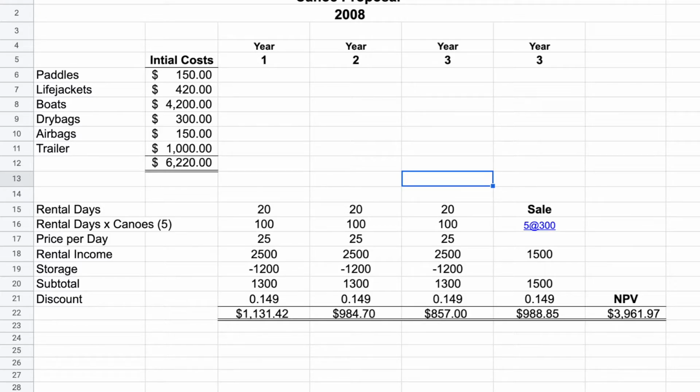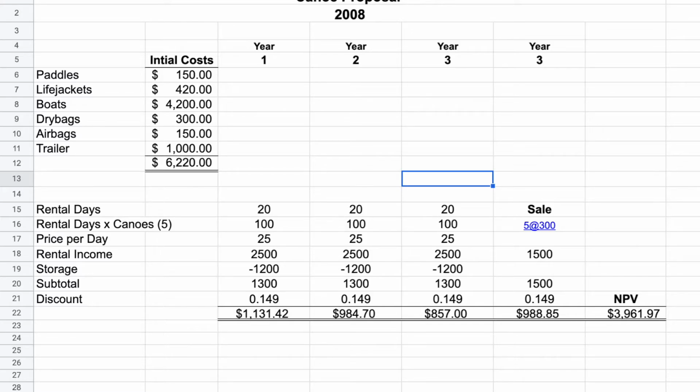The first fly in the ointment is the fact that there's a storage cost here. And so this $1,200 to store the canoes. Now, you may be able to find free storage in your backyard or your neighbor's garage or something like that. But in this case, they've figured that this is what it's going to cost to rent a storage unit, or however we're going to deal with this, and it's going to be $1,200. So that reduces our annual cash inflow to $1,300